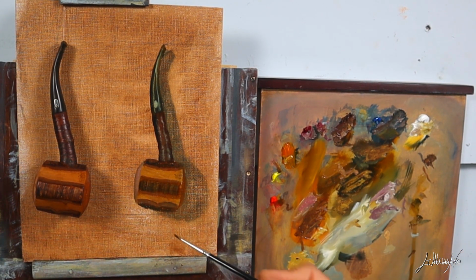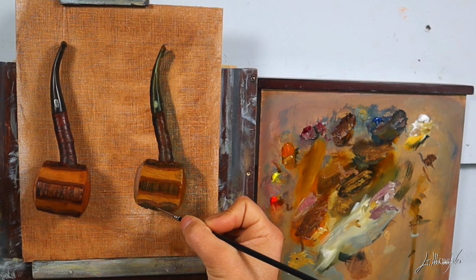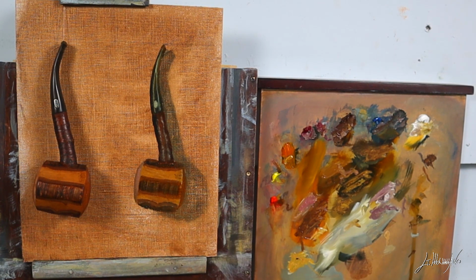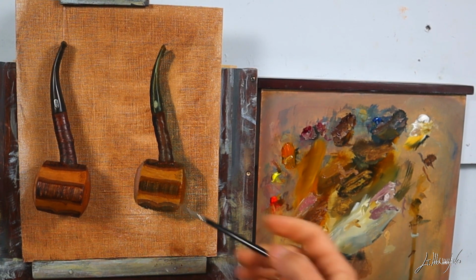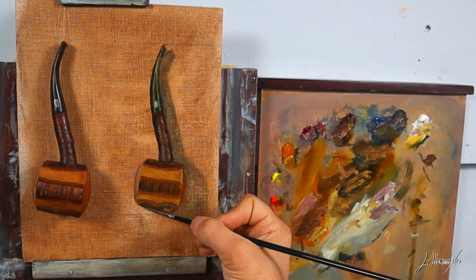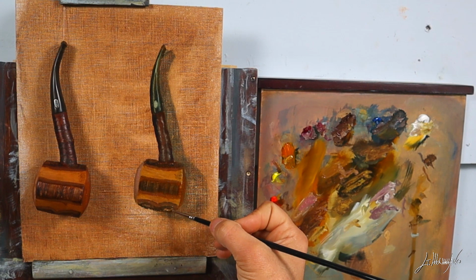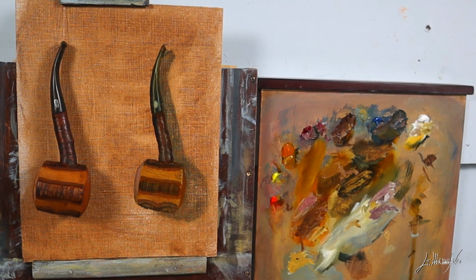Now, doing this technique, painting side by side, I can assure you that you will be a better painter, because it's so easy. Especially when you do your mixing, you put it there, you can even put your brush with a little of the mixing near the object, like everything is in front of you, so you don't have to lose time turning around, or if your subject is two or three feet away, it's just there. So it's so easy and so helpful,